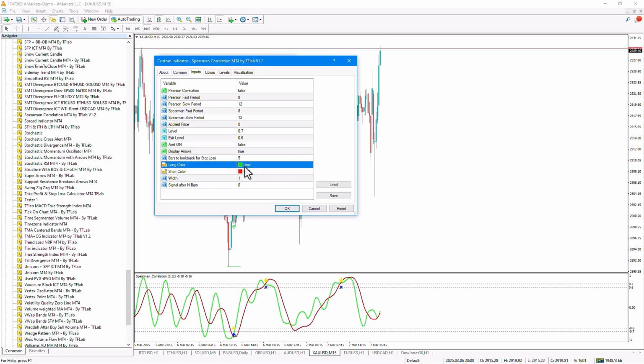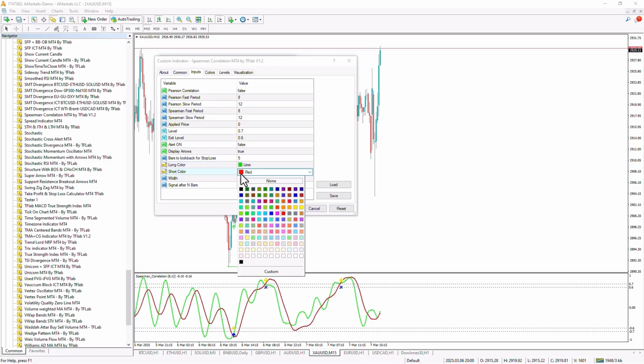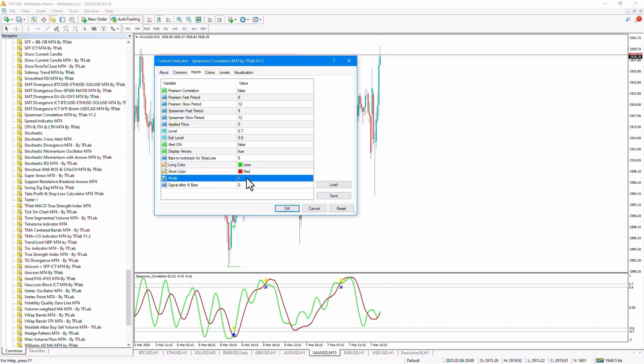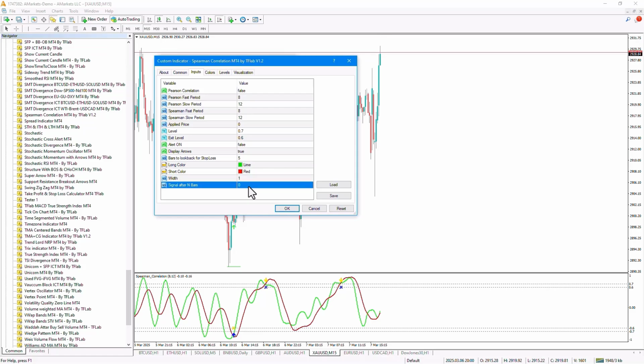You can change the color of the buy signals and the color of the sell signals to the desired color, and you can choose the size of the stability line in this section. And in the last section, you can set the number of candles for price consolidation,